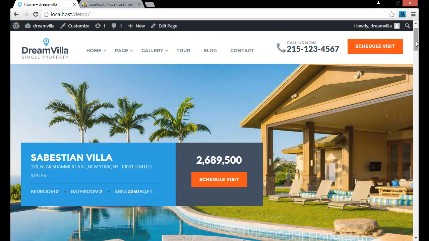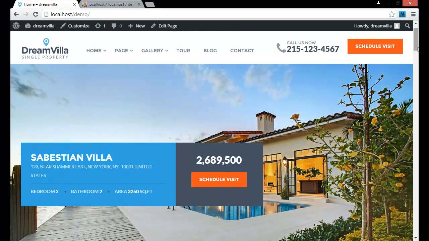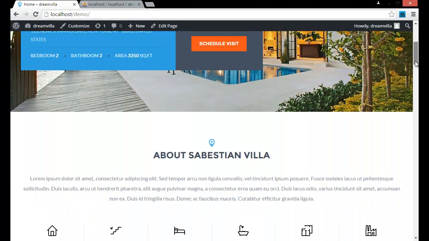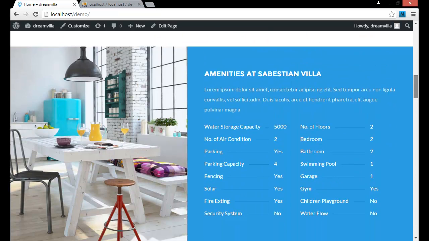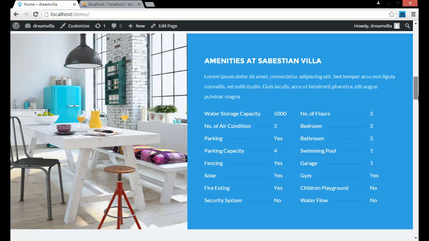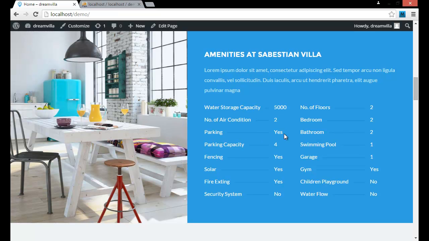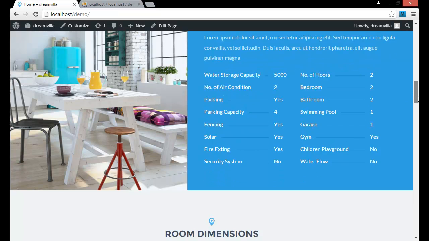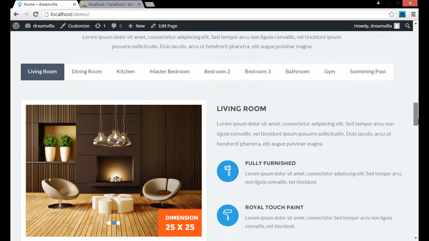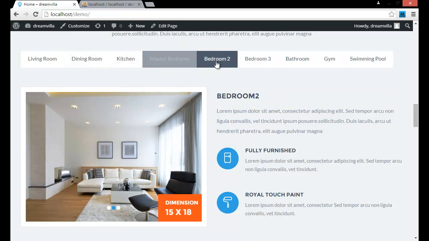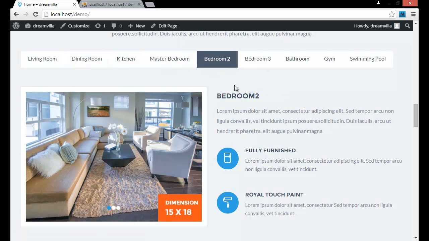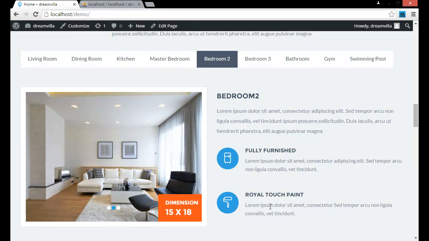Just notice that by default we have a schedule visit button on the right top corner, and we have this kind of data. We have a section in which we are displaying different features of this particular property. This section is going to show you the customized counting of each and everything, how many air conditioners are there, how many bedrooms are there in this property, and so on. We are displaying different living rooms, dining rooms, master bedrooms, and for a particular bedroom we are also displaying which kind of bedroom this is and the other properties which we want, like the dimension of that and the